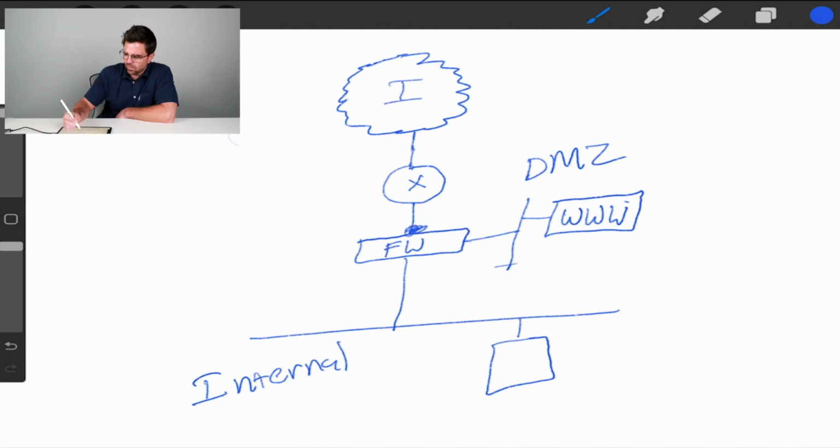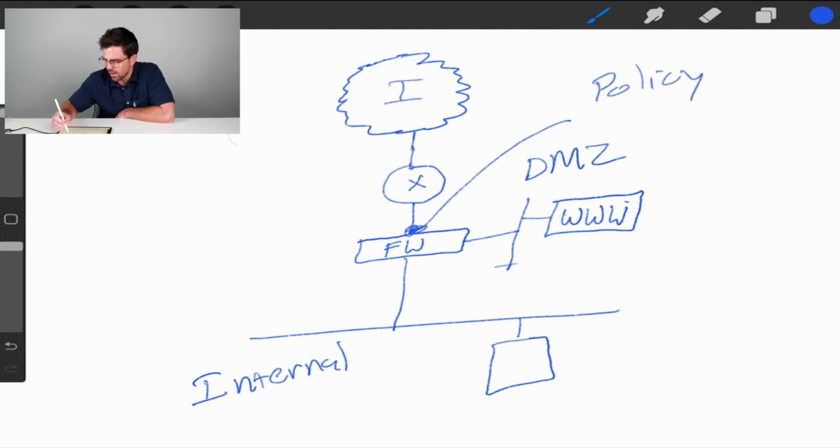On the external interface, we've got some type of policy here that says that you're going to allow port 80 and probably port 443. And that will allow web traffic to this web server. Now, what a lot of people don't do is configure policies or limited or restricted policies on the interfaces inside